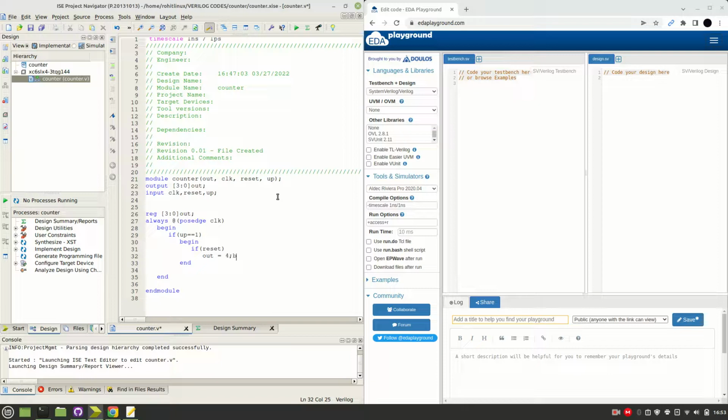assign out equal to 4'b0000. Or else we can directly write out equal to 0. All the bits will be 0. Or we can just do 4'b0, anything is fine. It is followed by 3 more zeros. So now if reset, then this will be equal to 0. Otherwise